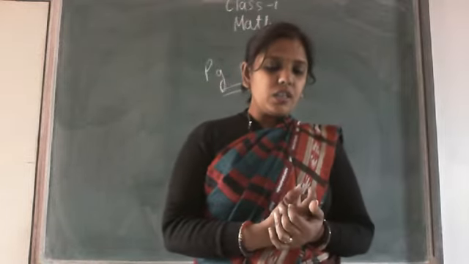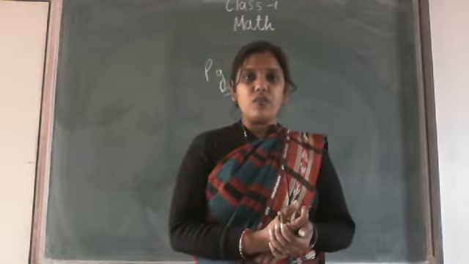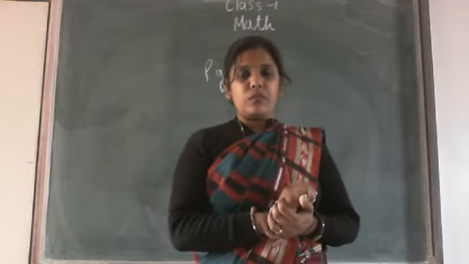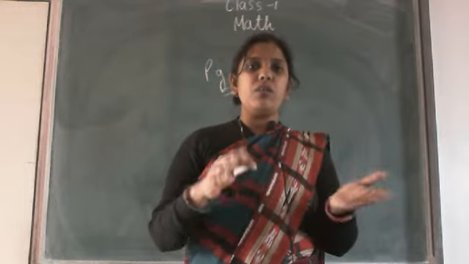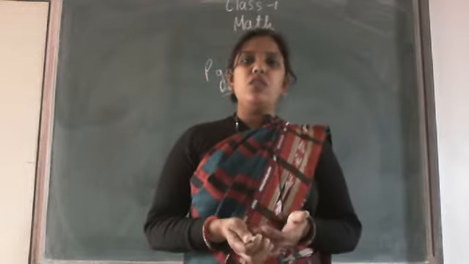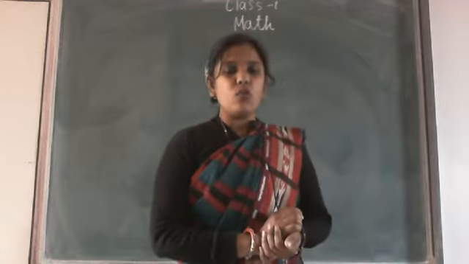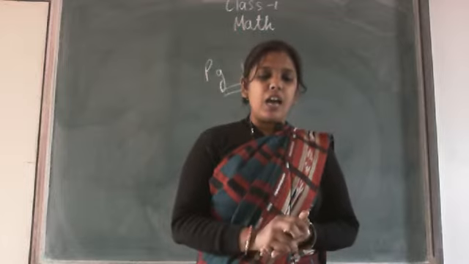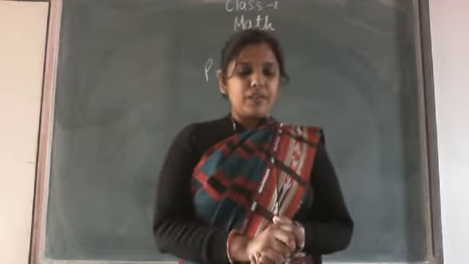See the third question. Complete the following pattern in coloring. So in this question, first you have to complete the pattern. Complete the pattern means you have to first draw the pictures, that which picture will come next. Okay, first you have to observe the pattern very carefully, and after that you have to draw the picture, and after drawing what you have to do, you have to color it according to the pattern.